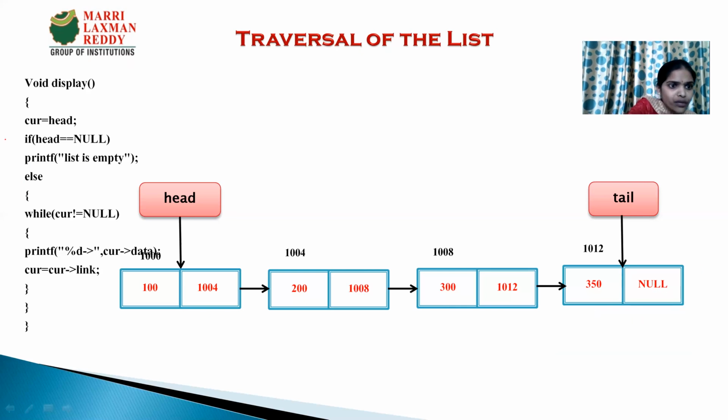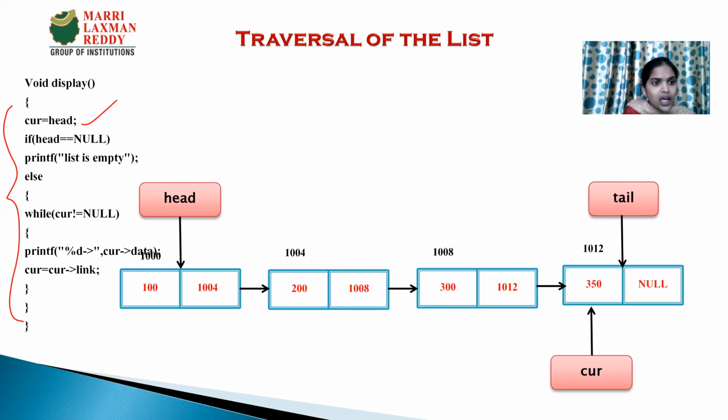Here is the source code of that. Initially, I am making the current node the head node. Then we check whether there are nodes in the list or not. If there are some nodes, then we go for the else statement. Otherwise, we print that the list is empty. This is the while loop that is used for traversal. This is about displaying the data with the help of the traversal operation, or moving from one node to the other node. Here, the main important part is this while loop.